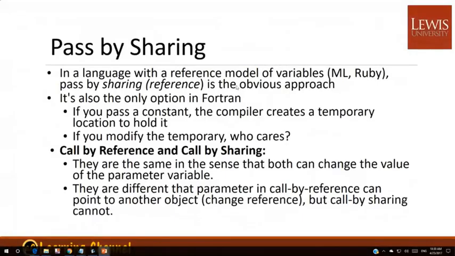Okay, next one. In a language with a reference model of variables, ML and Ruby pass by sharing. This pass by sharing is again a different idea, and it's similar to pass by reference in the obvious approach. It is also an option in a function. If you pass a constant, the compiler creates a temporary location to hold it. If you modify the temporary, who cares? It is okay. Call by reference and call by sharing are the same in the sense that both can change the value